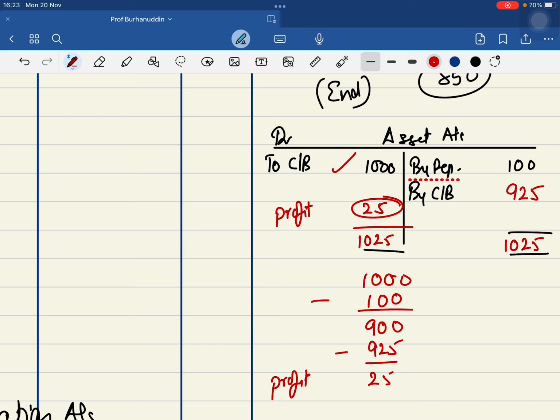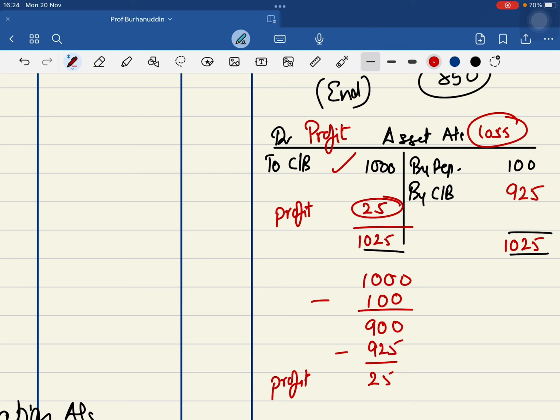Whenever you'll be having a loss in the asset, that loss will be reflected on the credit side of the asset account. Loss का balance credit नहीं है sir, but loss का balance दिखेगा कहाँ पे आपको? On the credit side. Profit का balance debit नहीं है, but profit का balance दिखेगा कहाँ पे? On the debit side of the asset account. Do you understand this? Profit is having which balance? Credit. So profit के account में तो credit में जाएगा, but asset में तो debit होगा,